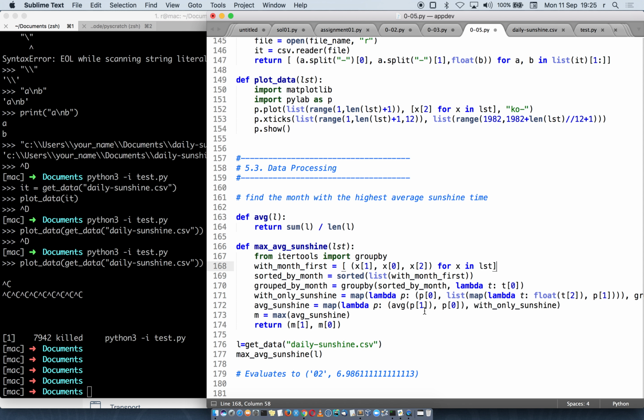We're going to reshuffle the elements. So remember, the first one was the year. The second one was the month. They were both strings, and they are still strings, and that doesn't bother us. And then the third one was the average number of hours. So we want to put the month first. We're going to do a little trick. So we're going through the entire list and we're reversing the order, month and then